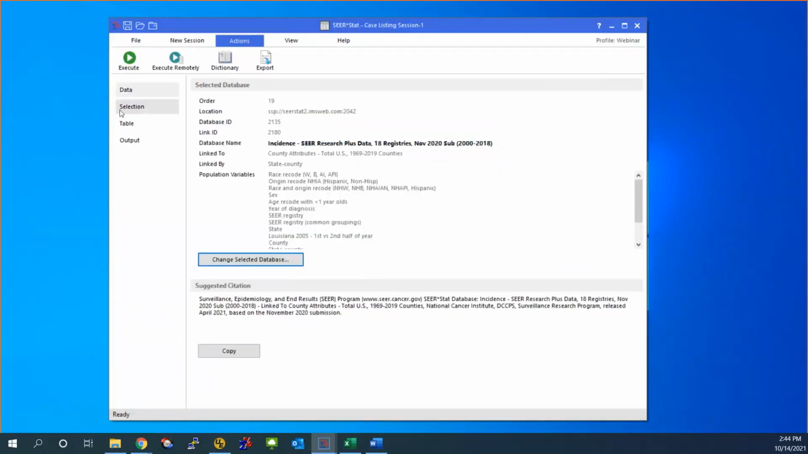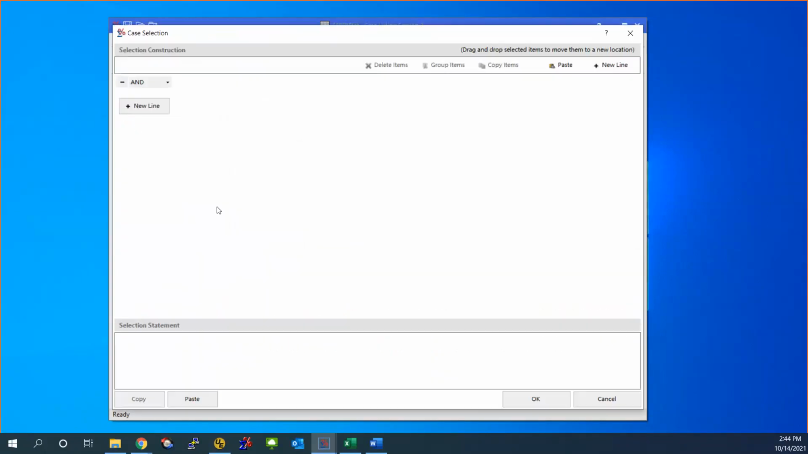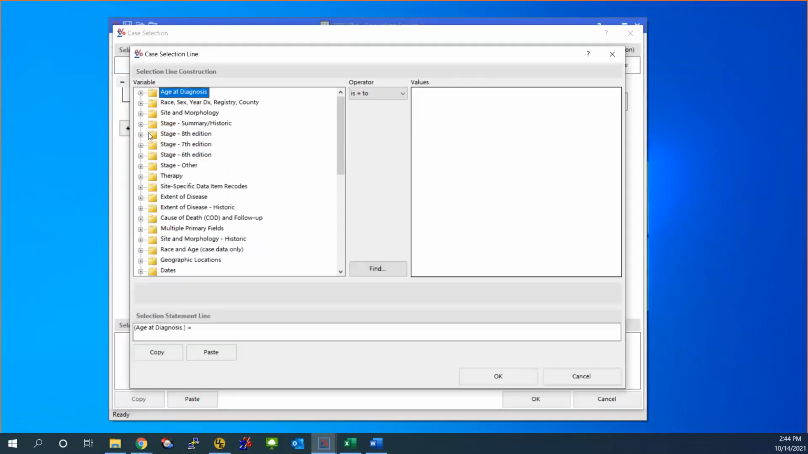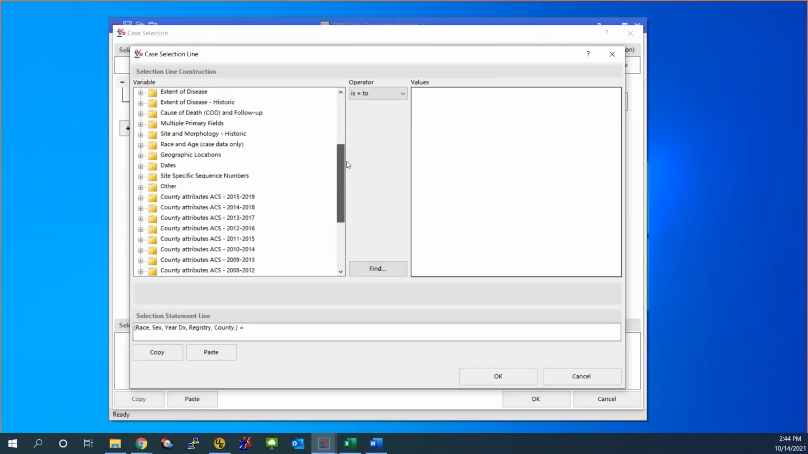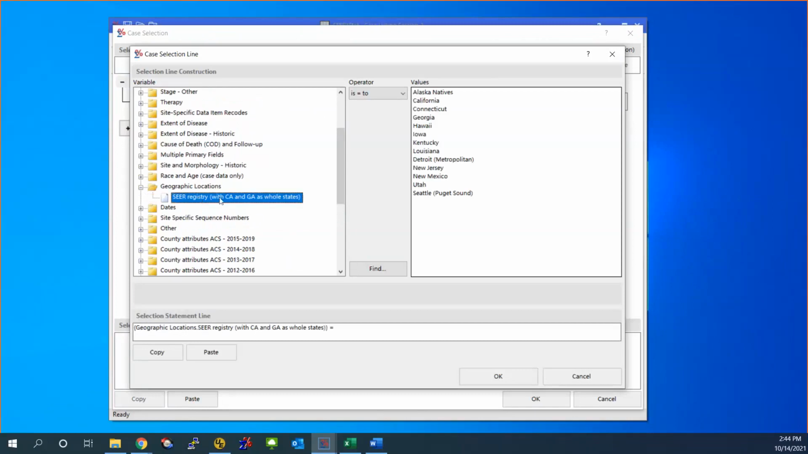And then I'm going to make my selection. And when I make my selection, it's very important when I'm doing it on geography. I can't use SEER registry because that would have let me get to sub-states for states that we have whole. I have to use, in this geographic locations, SEER registry with California and Georgia as whole states. When I do that, I can select Iowa,